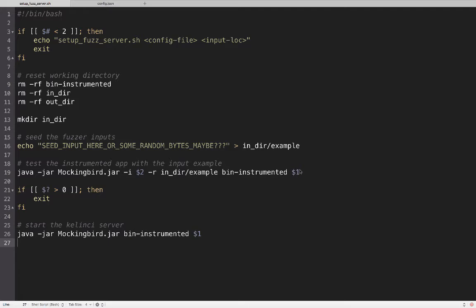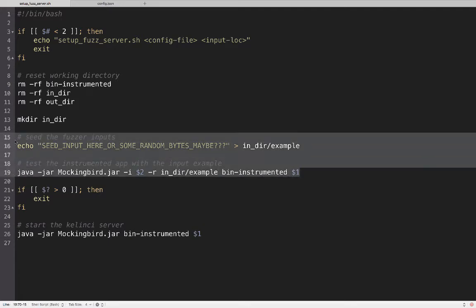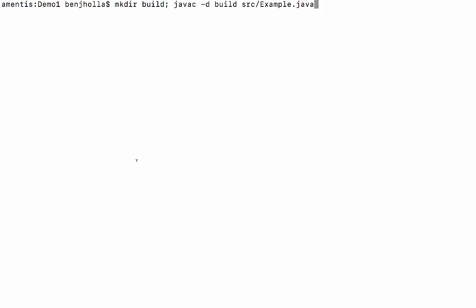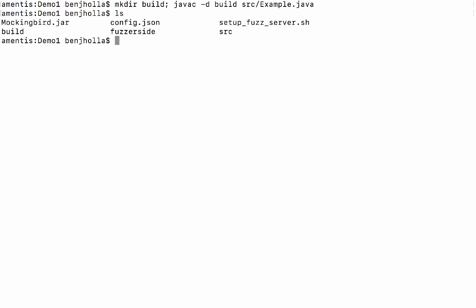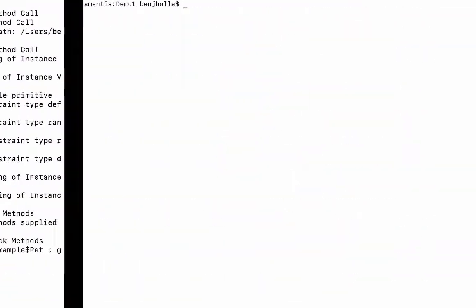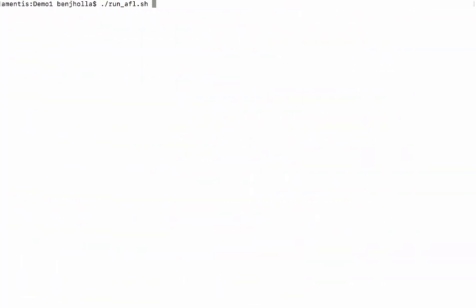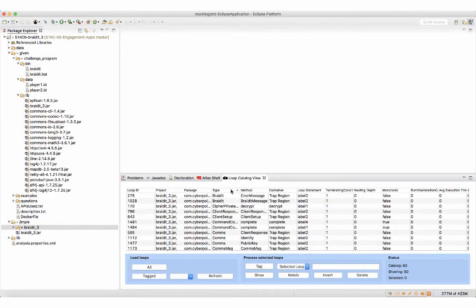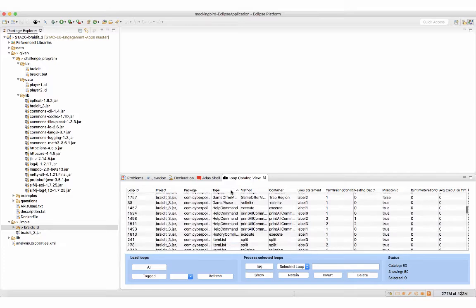Given a configuration file, Mockingbird generates an AFL-compatible test harness and execution scripts, making the task of targeted dynamic analysis fuzzing extremely simple. Here's how we run AFL on the motivating example after configuring Mockingbird. That's all it takes. As a case study, we examine a DARPA STAC challenge application called Braid It, which we